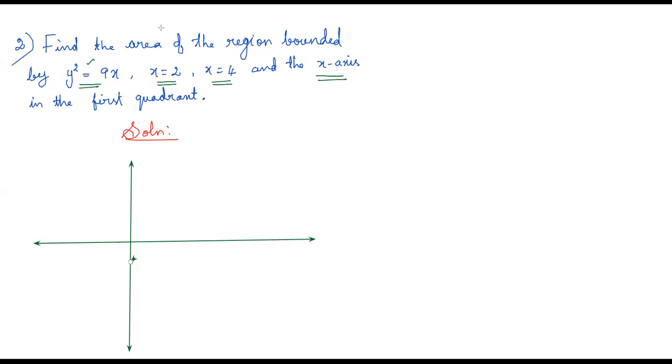Okay, so what is the x-axis here? X, x dash, y, and y dash. And now you draw the parabola. So here the parabola is y square equal to 9x. So it is symmetric about the x-axis and opens rightward. Okay, so it is symmetric about the x-axis and opens rightward. You can just draw a graph. It necessarily need not be of exact measurements. And it passes through the origin, and the curve is like,